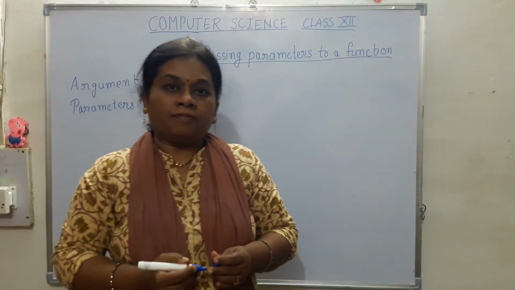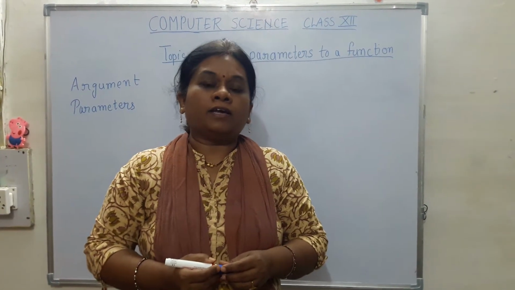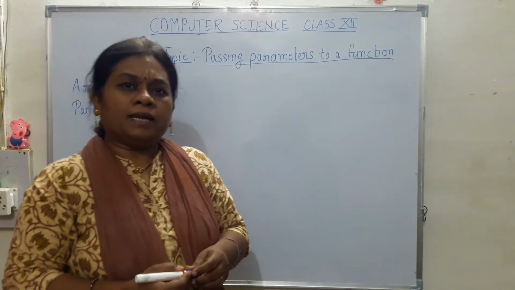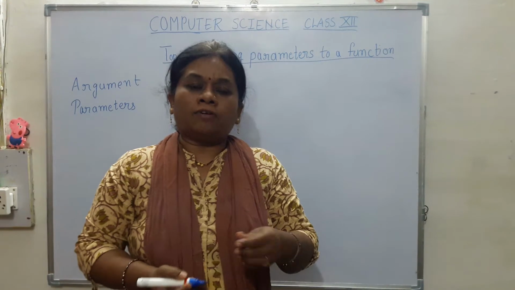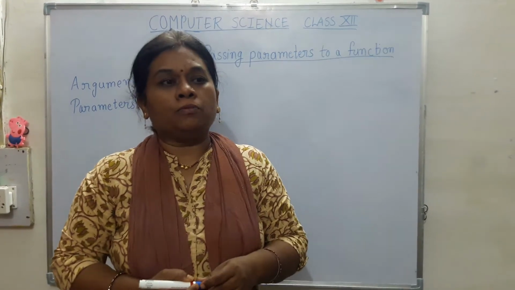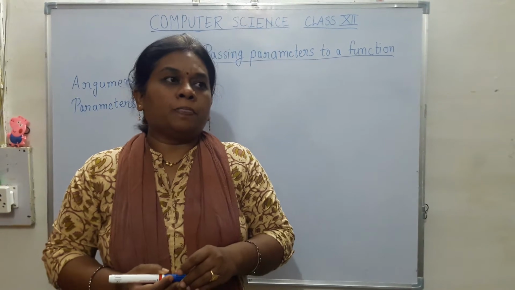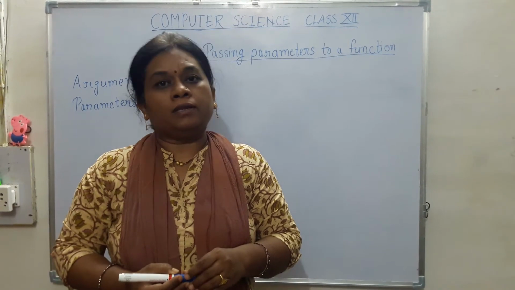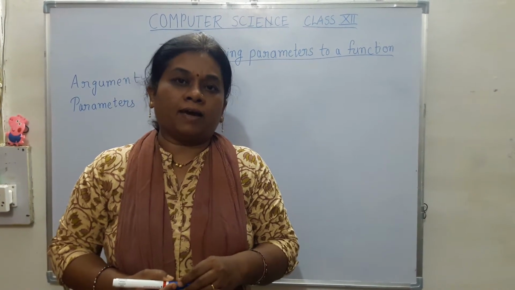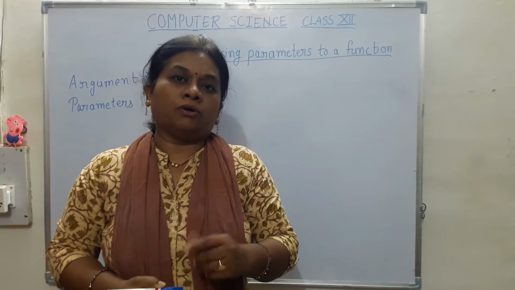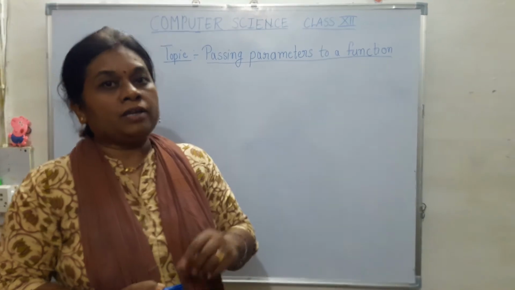Students, in our previous video we created a function to calculate the cube of a number. That function was taking only one argument. So let us now take another example: suppose we want to multiply two given numbers. We will first define a function multiply that will find the multiplication of two numbers. How do we write a function?